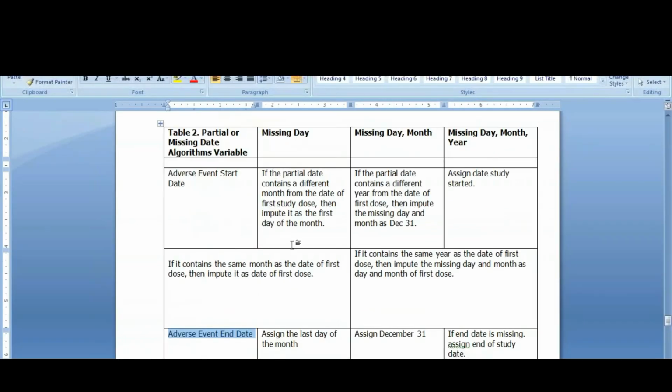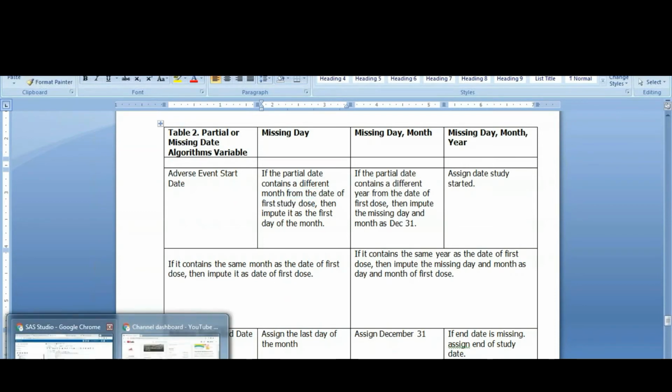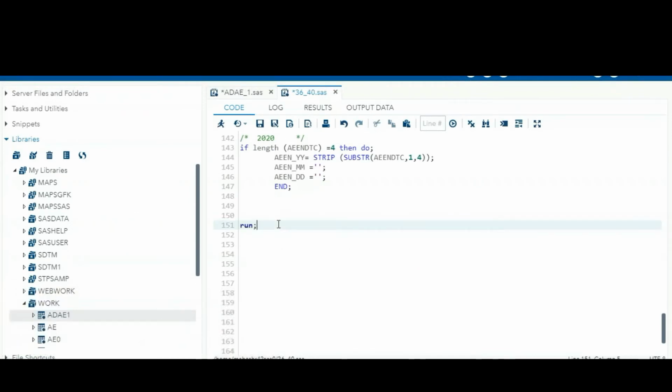If you read the logic carefully, if it is a partial date, it contains a different month, the date of first study dose, or treatment start date. We have treatment start date and treatment end date variables, right? There are no imputation rules for the treatment start date and end date, because they are standard variables and are mostly fixed.